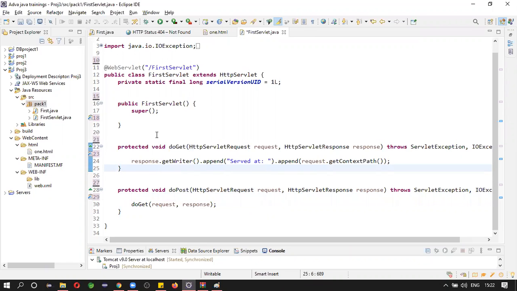This is the code. Did they write anything here other than this? No. Why super? Because this class is extending that class, right? So if you call super, it will call the HttpServlet class constructor. In turn,